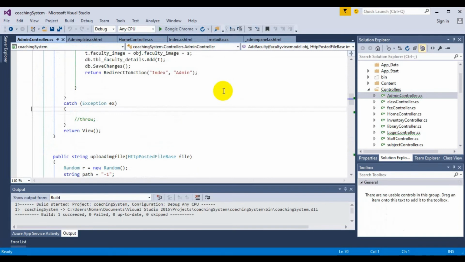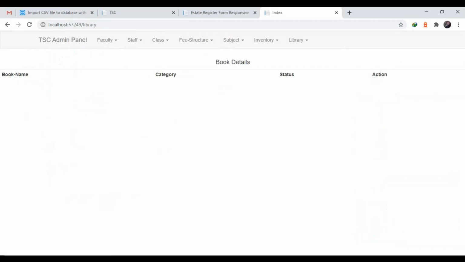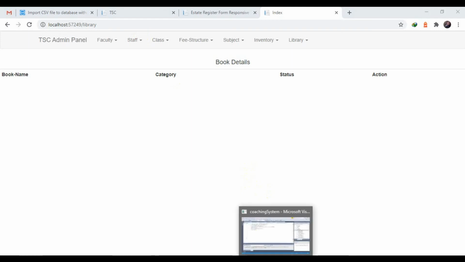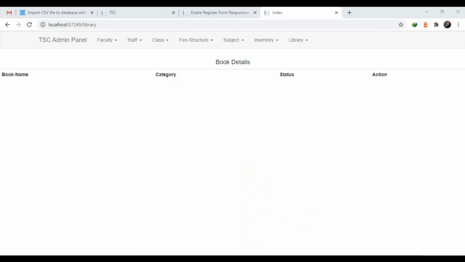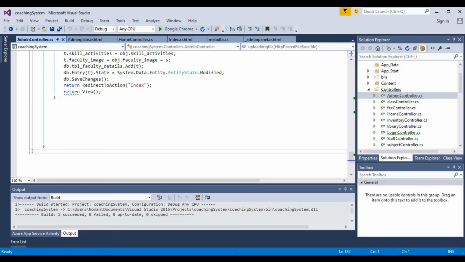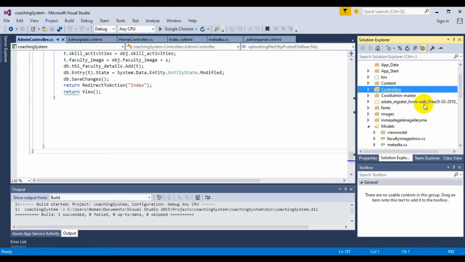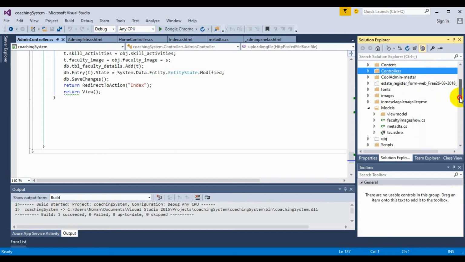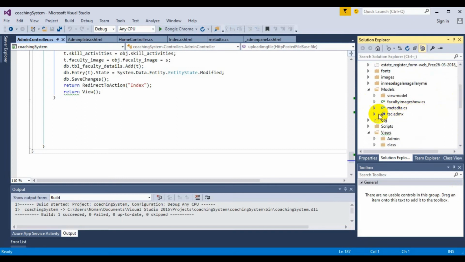Okay, so the following things we have done in our coaching portal are faculty, staff, classes, fees structure, subjects, inventory details, and the library. What are the main things and required work in our project? That is, I'm going to show you my database. In the model I have connected the database, that is ADO.NET, and in it I have those particular tables.